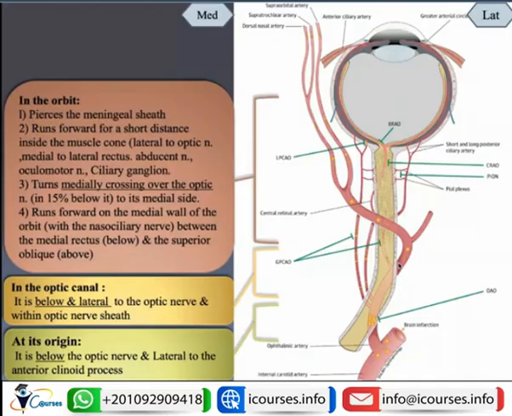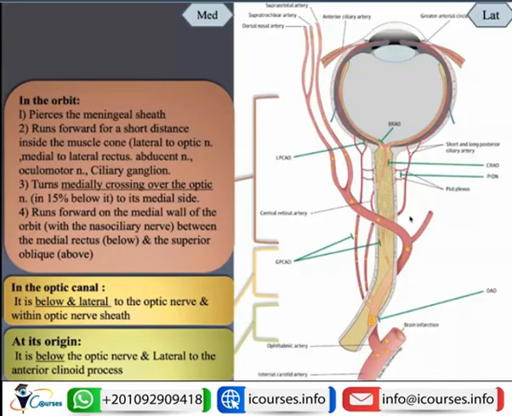Then it enters inside the orbit. You remember that we said that the ophthalmic artery is one of the contents of the optic canal, together with the optic nerve and sympathetic fibers. So it runs in relation to the optic nerve, enclosed within the optic nerve sheath, until it leaves the optic canal and enters the orbit. Then it will pierce the meningeal sheath of the optic nerve,